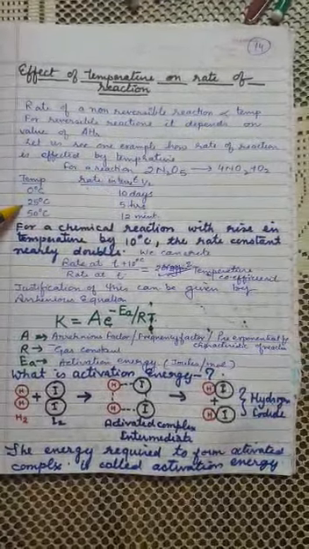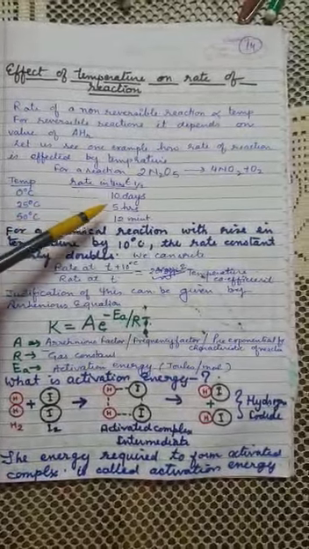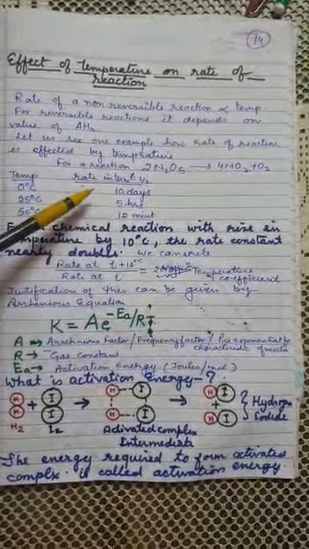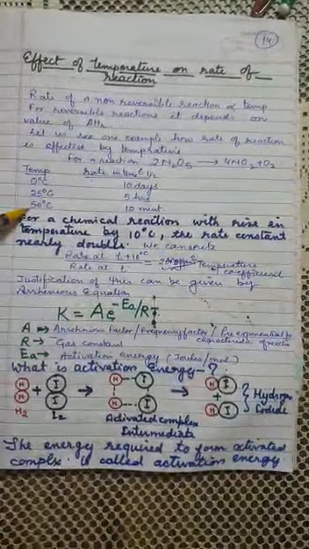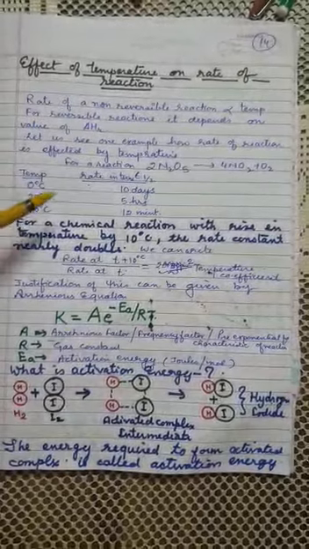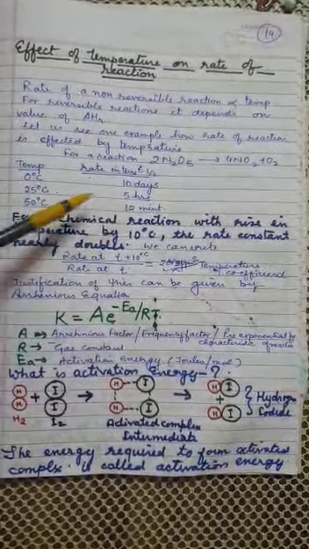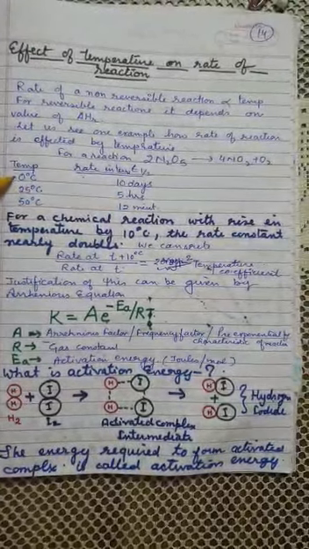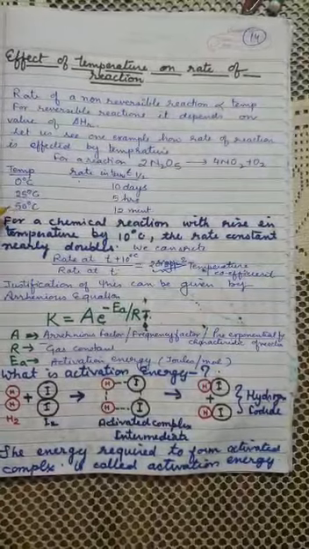While at 25 degrees Celsius, the concentration of the reactant was halved within only 5 hours. And when we raised the temperature to 50 degrees Celsius, within 12 minutes the reactant concentration was halved. So it shows how the temperature increase is speeding up the rate of reaction.